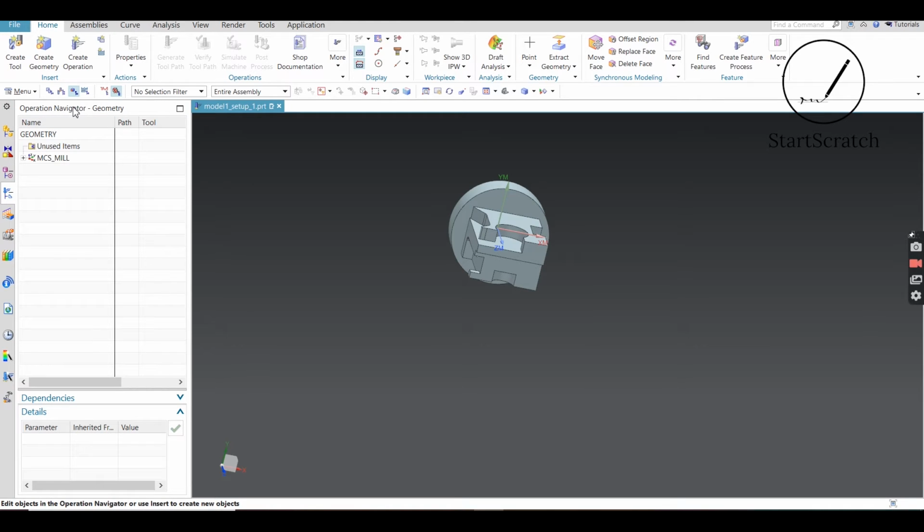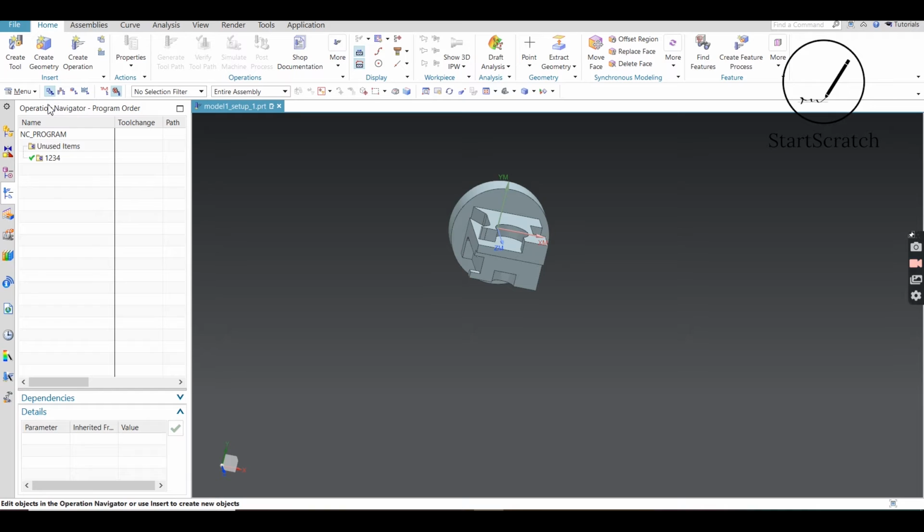This operation navigator consists of 4 tabs: the program order, the machine tools, the geometry, and the machining methods. These are the 4 components included in the operation navigator.